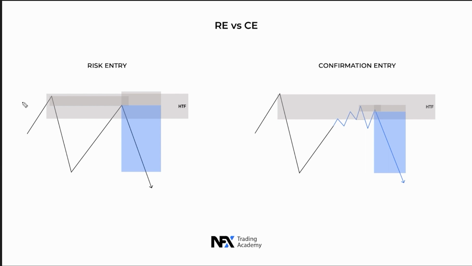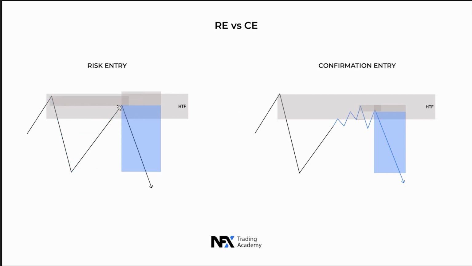So for example, in this trade right here, if we have a bearish market on the 4 hour, this is the 4 hour zone which we refine to the 15 minute, because it's pro trend and we know that price just finished the pullback and it's coming back into the premium zone, in this case because we are taking sells inside our POI and supply zone, we can set a sell limit right here covering the high and then targeting the low. That's a risk entry because we're setting the limit and we're not waiting for the reaction or the switching structure on the smaller time frames.